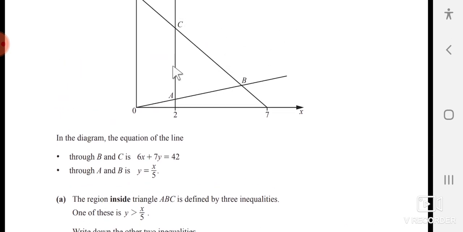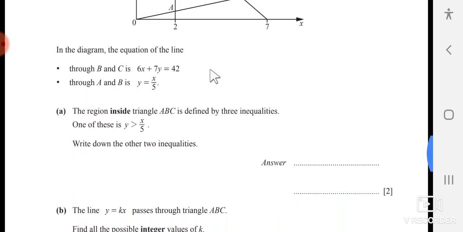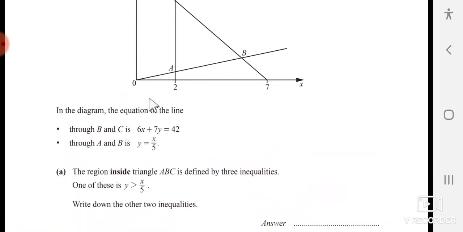And here this line is x equals 2, and the region there is on the side where x is greater than 2, so your inequality is x greater than 2. And in the same way you can write 6x plus 7y less than 42, as this region is below the given line, less than that. Okay,